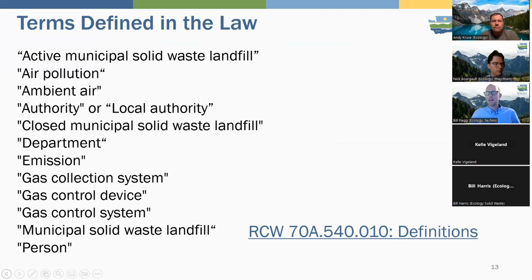So this is a list of definitions as defined in our statute. So these will not change. These are statutory definitions. I did not want to write them all out because it would take up a lot of slides, but you can find this through the link on the bottom right here of this slideshow. Also, I can put a link to our statute in the chat right now. It looks like it's already up there. If you want to browse through these definitions, it's section 010.